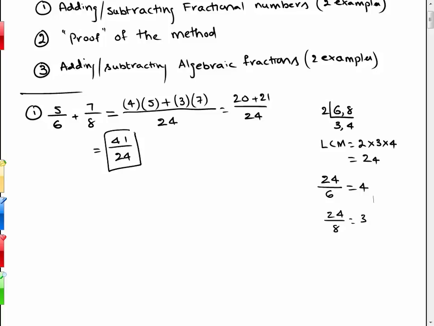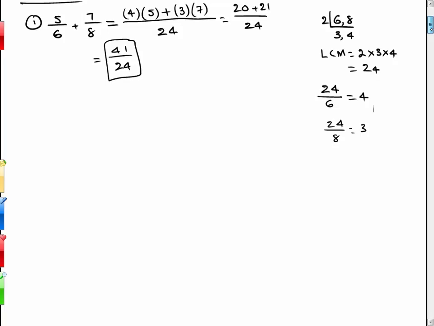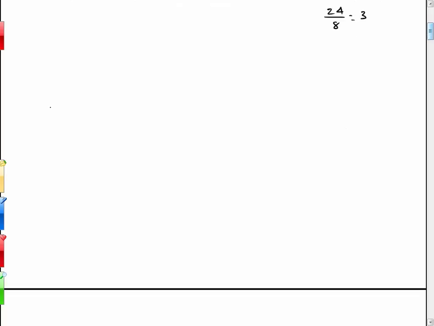As simple as that. So now let me pick another example. This time I'll pick 3 fractions, such as 3 over 8 plus 5 over 12 minus 7 over 18. Aha, we got 3 fractions and 3 different denominators. So